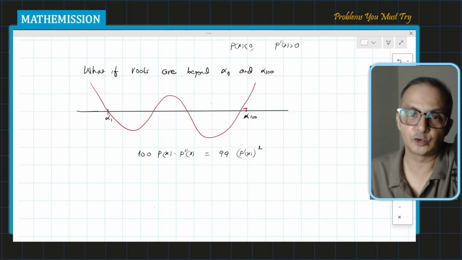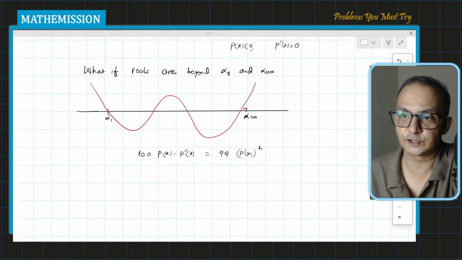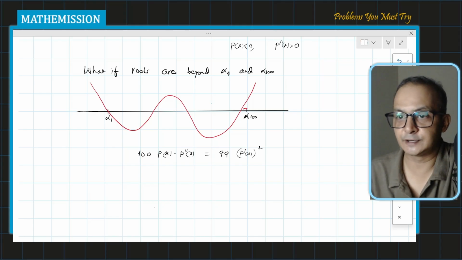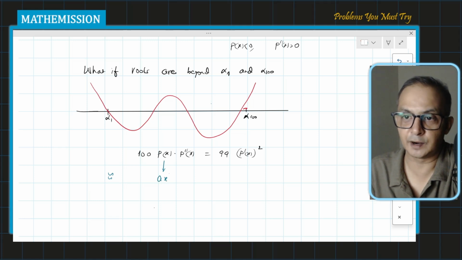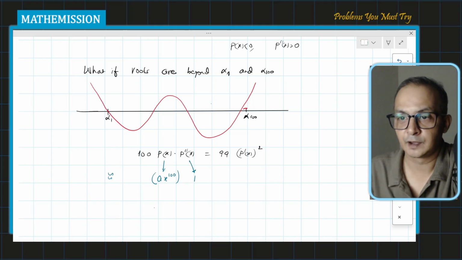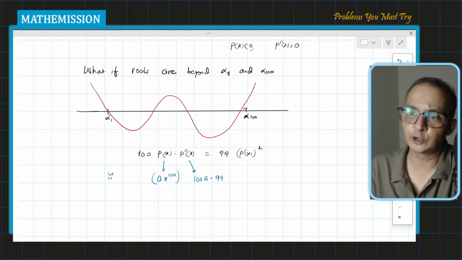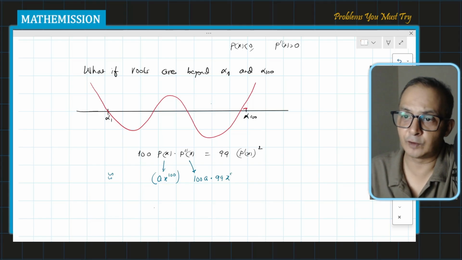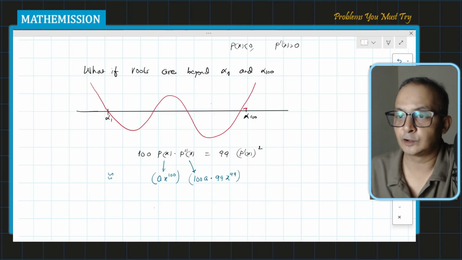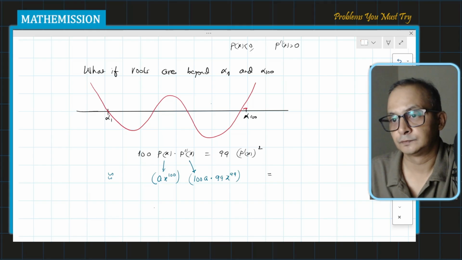Suppose I want to approximate both sides. So let's say p(x) I'm approximating with its leading coefficient. Let's say I have a times x to the power 100, the leading coefficient. So p double dash x will have 100a and into 99, because a you have taken out, and then x to the power 99. And on the right hand side, if you go, that must be equal, or yes, there's going to be 99